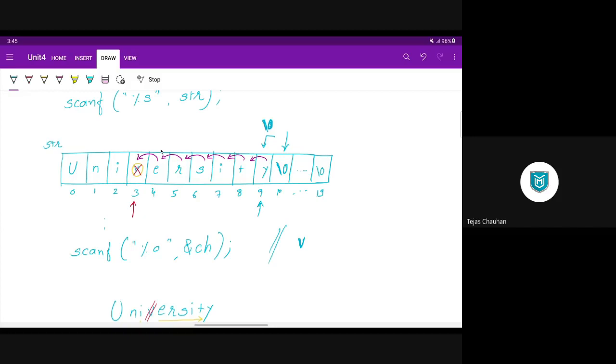So what we do is we take one string from user, then we take one character from user, and then we are first going to find that character. तो ये हो गया आपका 37th प्रोग्राम. अब find करने के बाद अगर आप उसको replace करते हो तो 38th प्रोग्राम, और अगर आप delete करते हो तो 39th प्रोग्राम. अब delete करते वक्त आपको थोड़ी extra process करनी है. You have to shift all the characters.